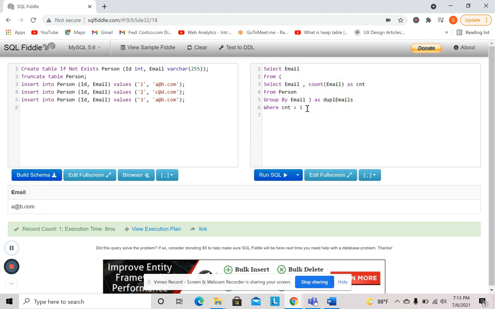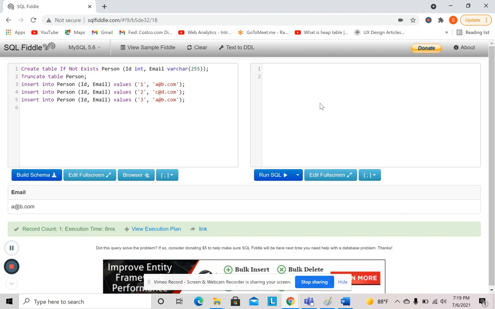Now let's quickly look at method number 3, which would be using self join. So next we would be doing another quick method in which we would be using self join. So again, we would start by selecting from table Person. Since we are using only join, it would be an inner join. And so this would be P1, this would be P2.